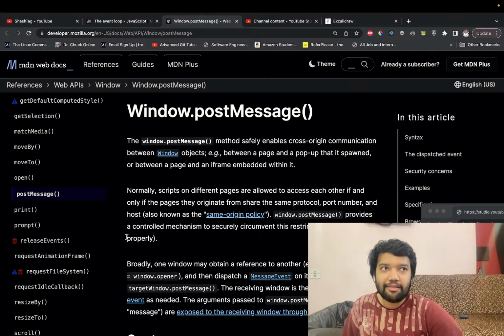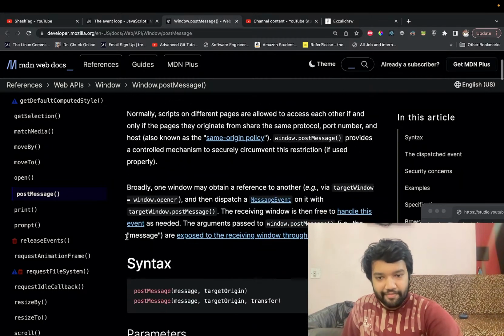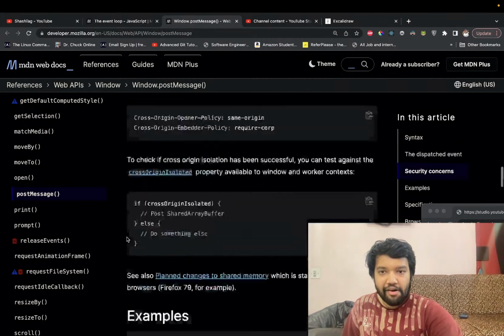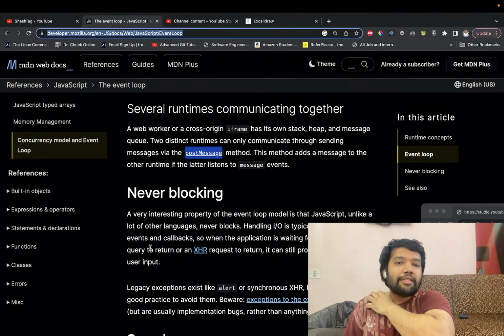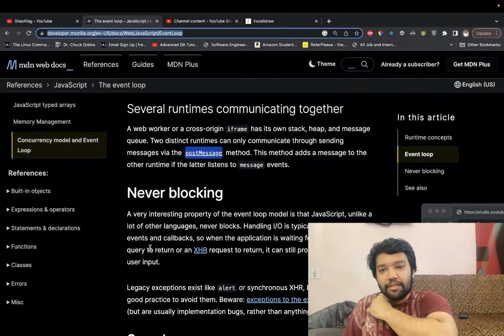I guess Google and login with Google and all that might be implemented through this, because they have pop-ups and different tabs and then they work. That's my best guess. This method adds a message to the other runtime if the latter listens to the message